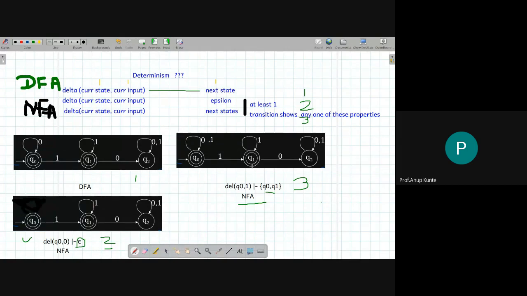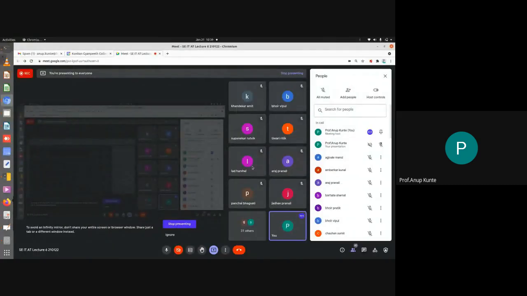So, deterministic finite automata one notch up है. उसको कुछ ज़्यादा restriction है. It's a restrictive device, whereas NFA is less restrictive in its definition. The way it is defined, it is less restrictive. Okay, so that's the definition for you. What do you mean by a NFA and what do you mean